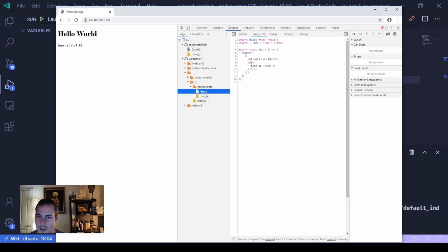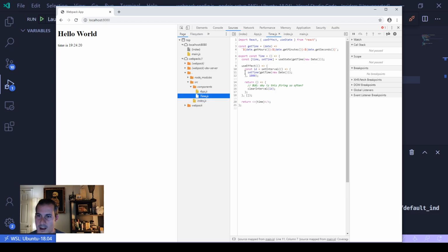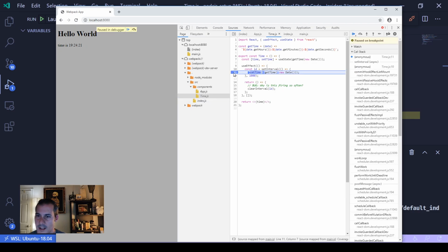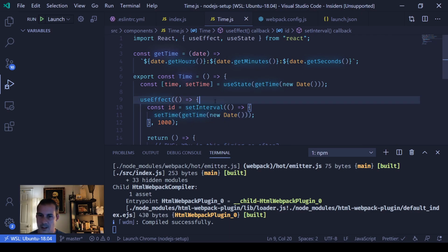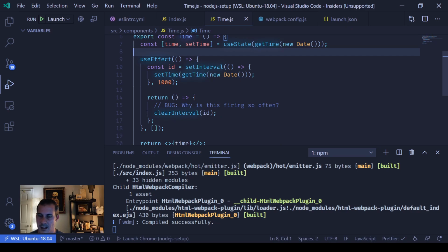So I can actually open up components. I can look in my app. I can look in my time. This is perfect, and I can pause the debugger within here, but what I really want to do is do that within VS Code. So I'm going to go ahead and stop that. Now that it seems like everything is set up,